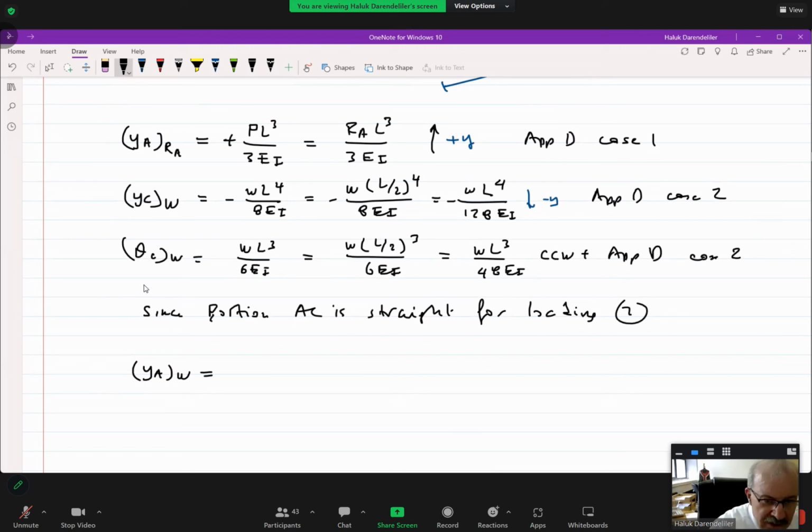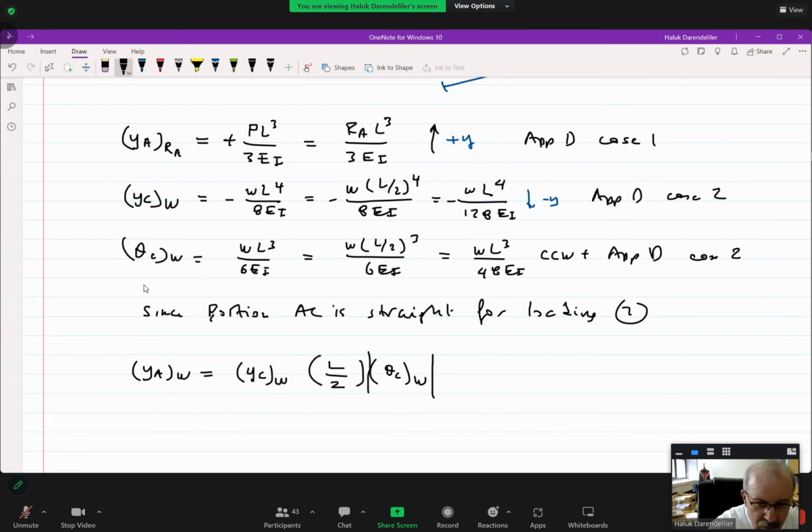It is equal to deflection of point C because of that distributed loading, but also, since that portion is straight, if I multiply L over 2 with the slope that I determined for loading W, but just take its magnitude,